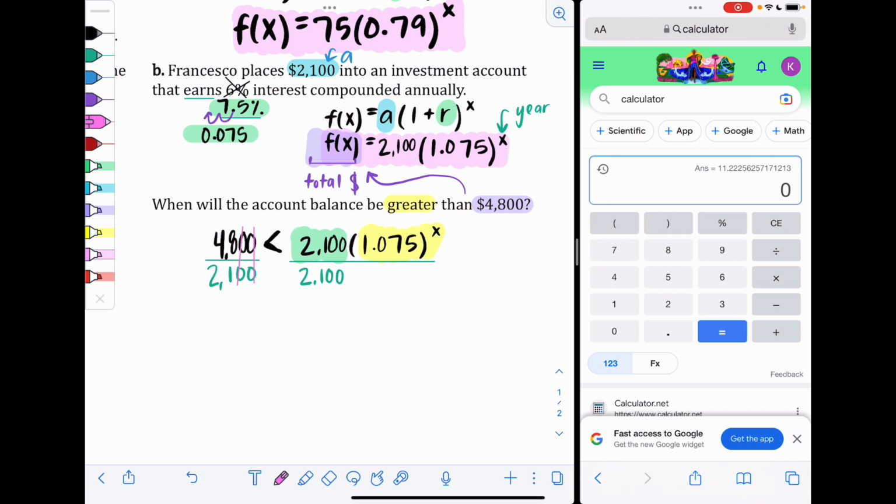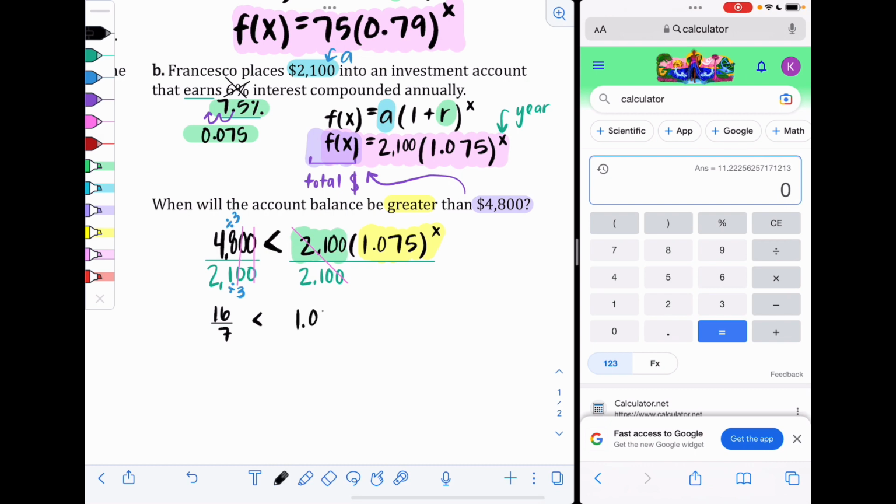And then 48 over 21 is what we would have left, and both of those are divisible by 3. So we can reduce that by dividing both by 3. 48 divided by 3 is 16, and 21 divided by 3 is 7. Then bring down the inequality symbol. It doesn't switch directions, since we didn't divide by a negative, and 2,100 divided by itself cancels out. And we're left with